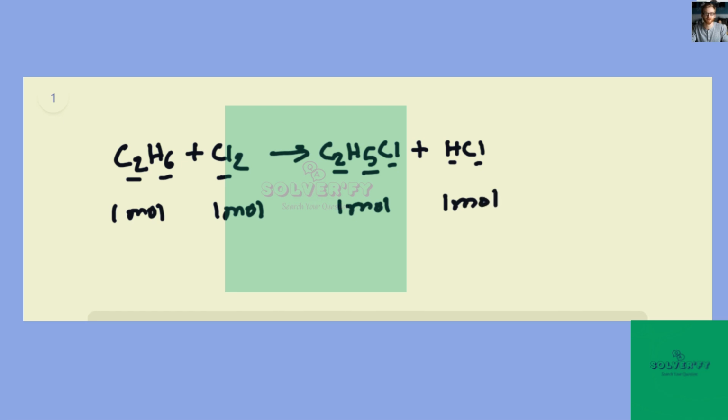Now, since we have to find out the mass of this product here, first we have to know how many moles of C2H6 are reacting with how many moles of Cl2, and we can find that out from the masses of these two given in the question. In the question we are given that the mass of C2H6 reacting is 125 gram. That means we can find out the number of moles of C2H6,